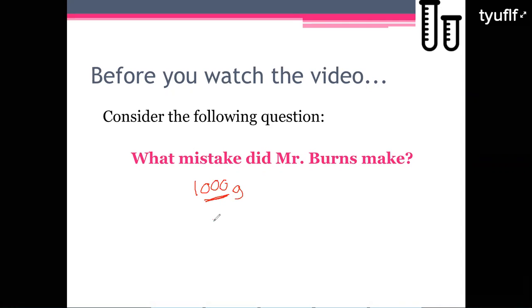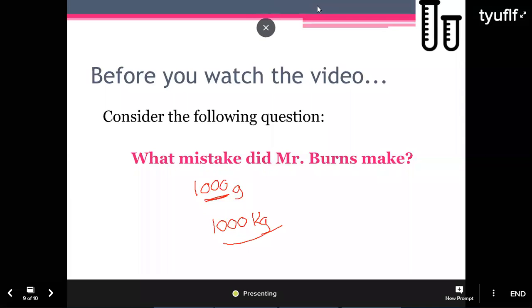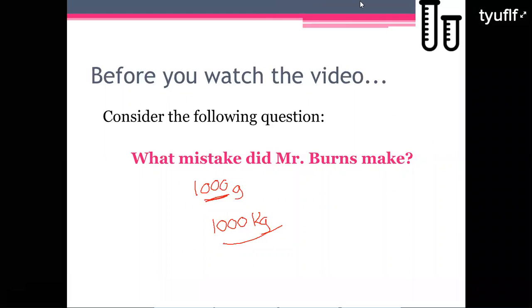Now, what's a value with 1,000 that probably would have done what he wanted and smashed Homer? Instead of 1,000 grams, what should he have ordered? Kilo. Right, 1,000 kilograms would have been much heavier. And with cartoons, when they do something like that, it usually smashes them. So if he wanted to smash Homer, that's probably what he should have done. Thank you guys for participating in that. That was just our way of connecting what we've learned to something actual. Well, in this case, it's not real life, it's a cartoon, but you get it. So up to this point,